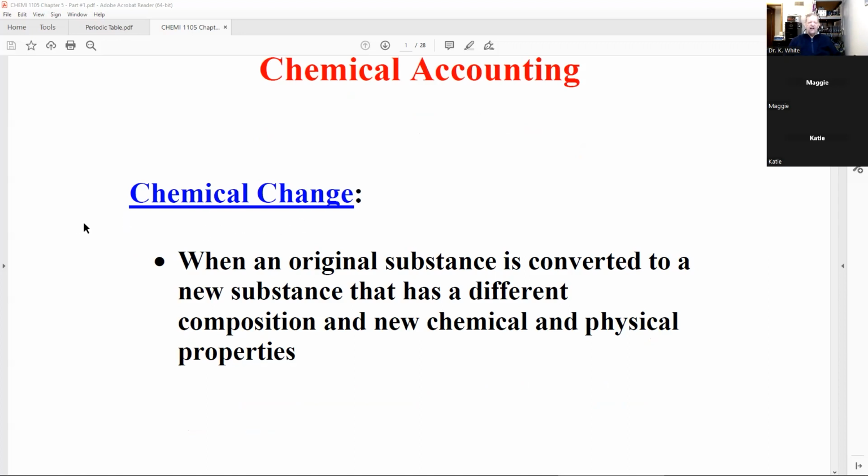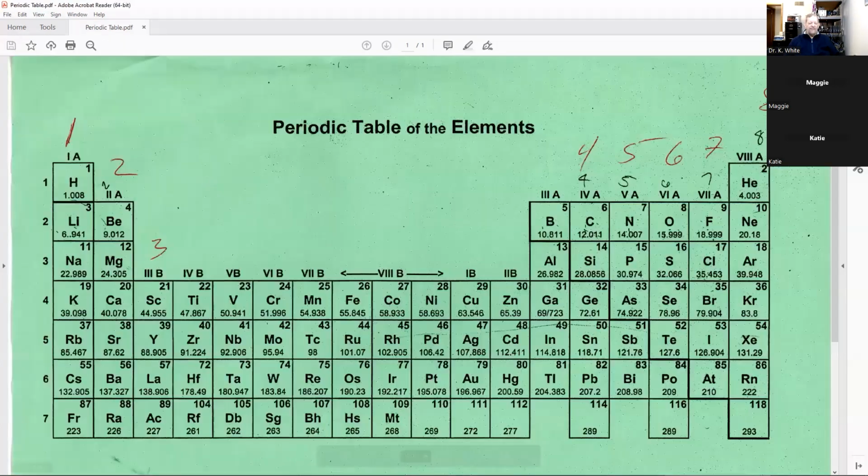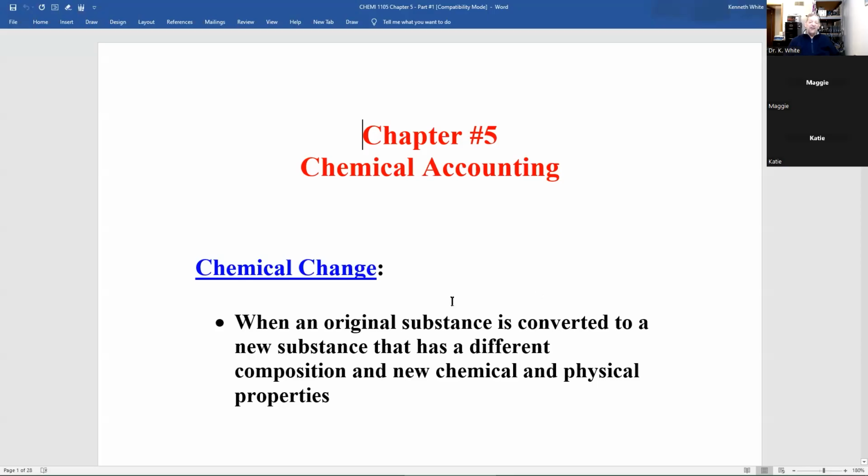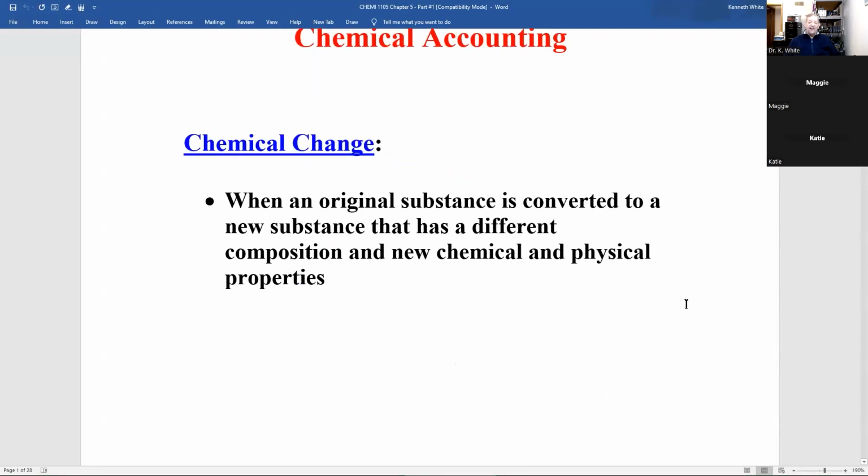All right. Let's talk about a chemical change. I'll never ask on a test, but I'll use this terminology. And guess what? I just did something I didn't want to do. Now, let's make sure. All right, same thing, but I have opened up the PDF file, which I can't write on when I'm using PDF.